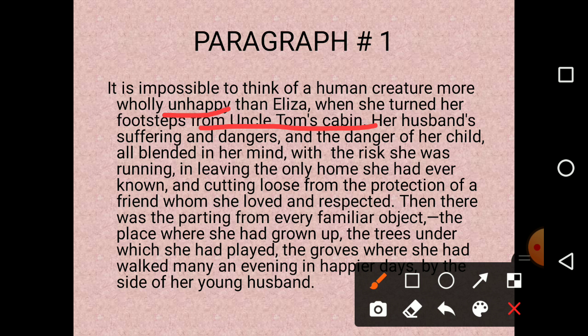Because her husband's suffering, the dangers, and the danger of the child, all of these blended in her mind. Blended in her mind means all mixed up in her mind, because if she's going to leave, then definitely her husband will be in danger also. But she has to take the risk because of her own child. She was running and leaving the only home she has ever known. She has never known any other home. This was the only home she had, and right now she has to leave this home because of her child's